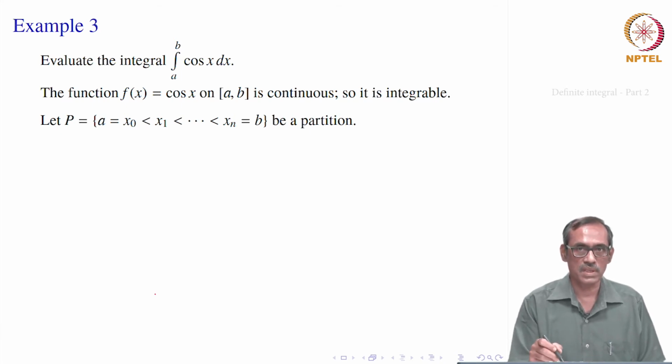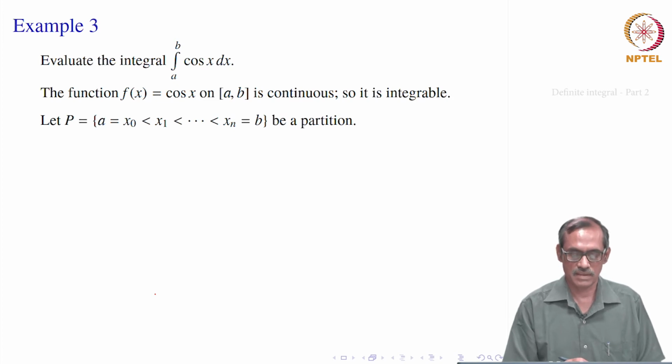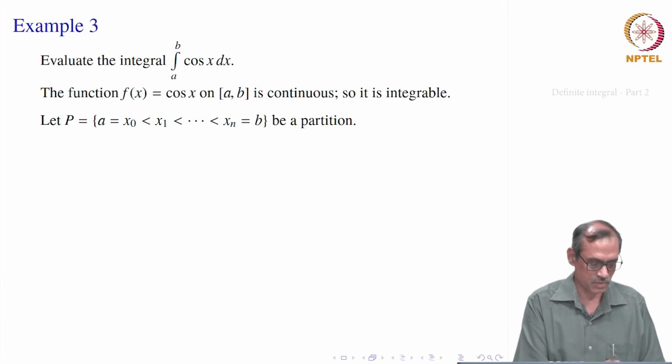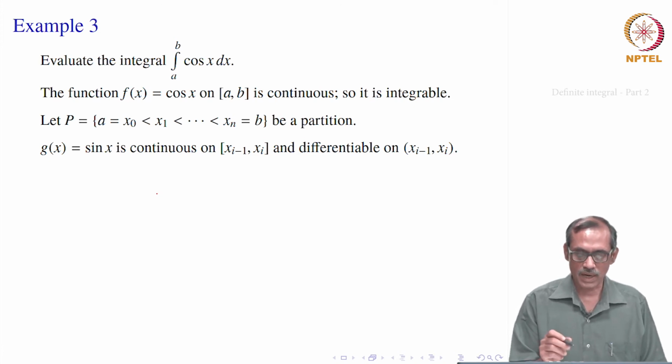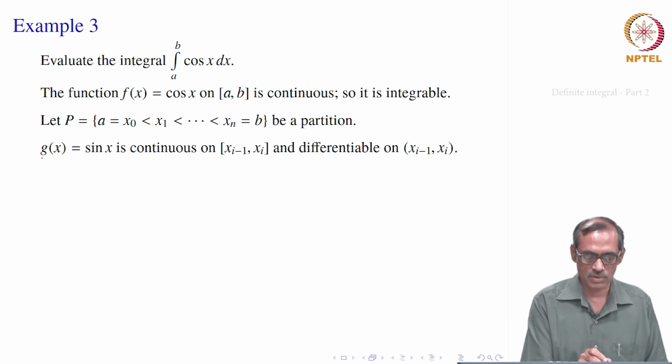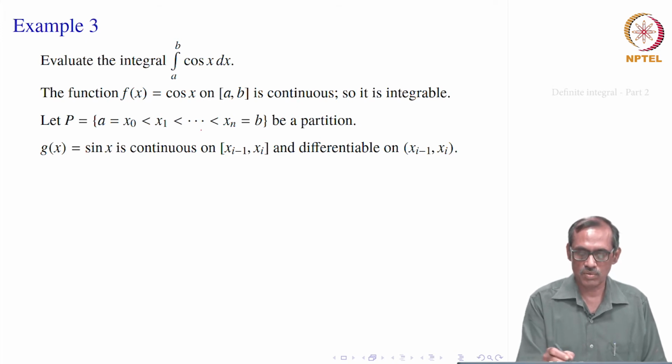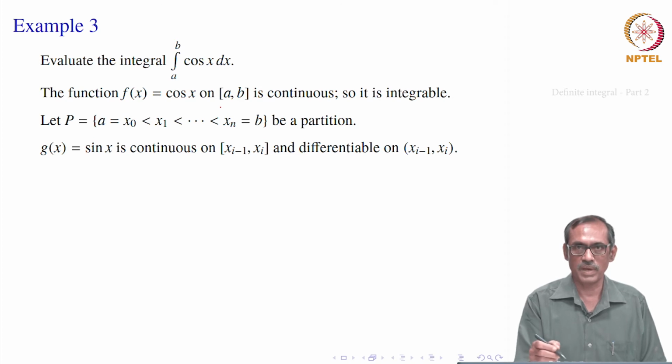We have to choose some c i so that we can compute the limit, right. Here we will choose our c i in a very specific way, and that answer should be the same because the function is integrable. You will see why we choose it this way shortly, after the computation. This is just a trick to get that Riemann sum evaluated. Otherwise, you may have to refer to difficult limits.